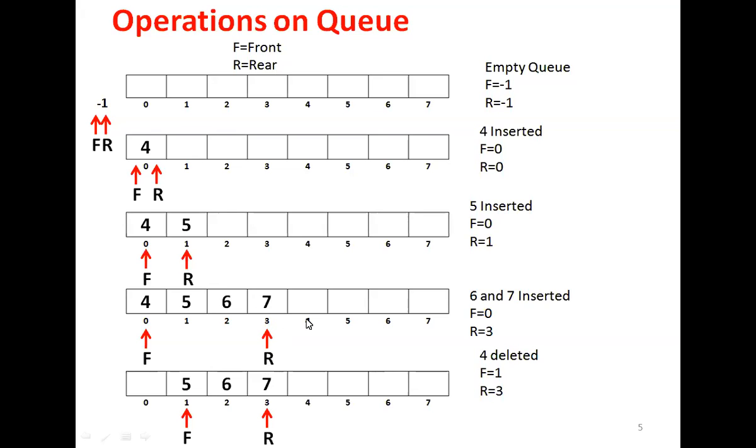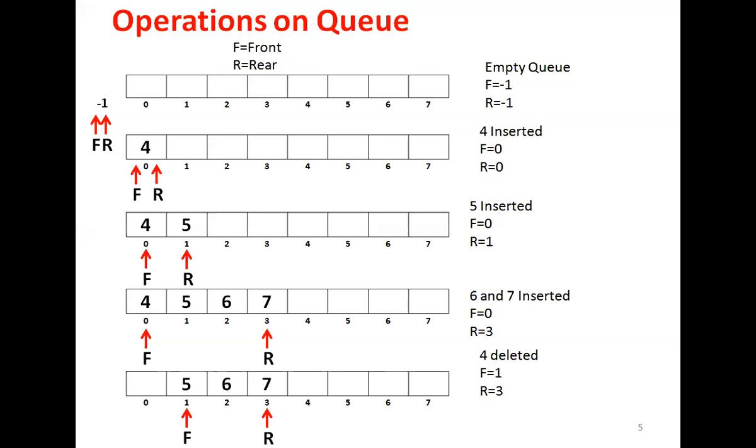Suppose the queue is not full. We will increase rear. Yes, I'm asking that one. My question was: the queue is not empty and also not full, and we want to insert a new data item. Then what to do? The queue is neither empty nor full, and I want to insert a new data item. So first of all, what do I have to do? Increment the rear. Yes or no? Yes, sir. First increment rear by 1 and then insert. Okay.